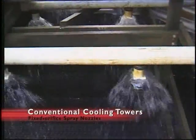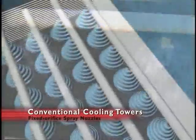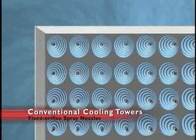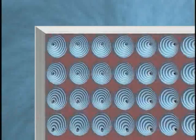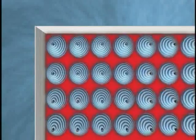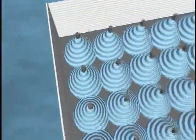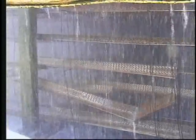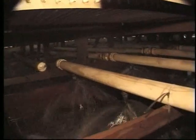Have you ever heard of someone trying to put a round peg in a square hole? Conventional tower manufacturers do just that, with nozzles that produce round umbrella-shaped spray patterns over the fill area. The result is a 22% void area across the fill, areas where air preferentially migrates and provides no effective cooling. In an attempt to solve this obvious shortcoming, conventional tower designers overlap the umbrella-shaped spray patterns by using many small spray nozzles, which results in flooding much of the fill area. All in all, water coverage remains woefully imbalanced because a round peg is still a round peg, no matter how